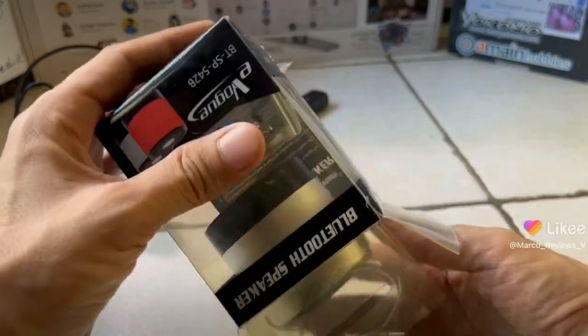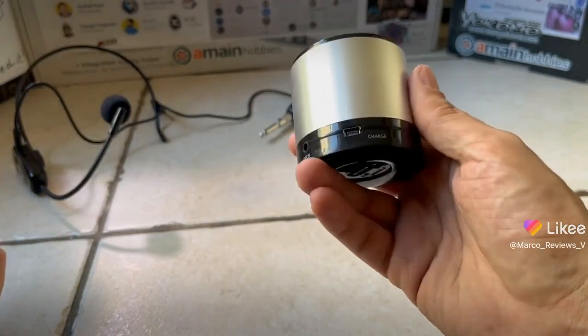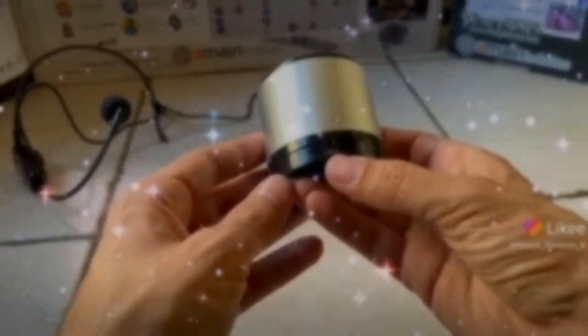So it is so small. Look at that. This form factor is brilliant. But most importantly, what it has that I was looking for was